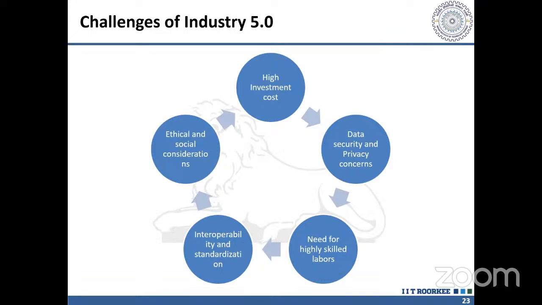So a company that implements AI-powered robots to replace human workers may need to provide training and support to help the affected workers transition to new roles, right? So a company needs to ensure that its use of AI and data analytics does not result in biased or discriminatory